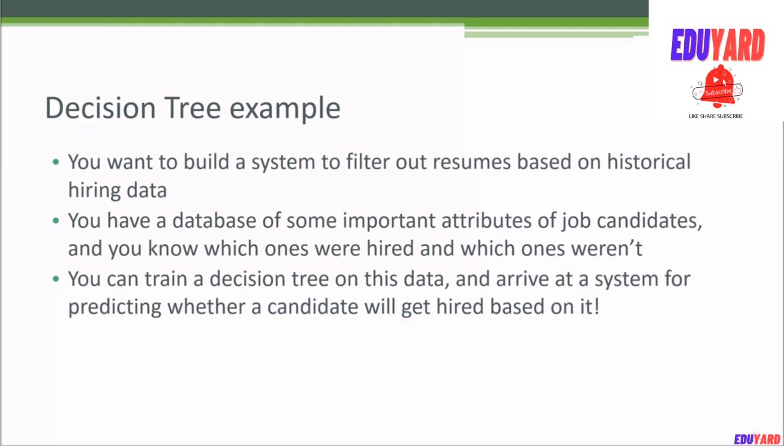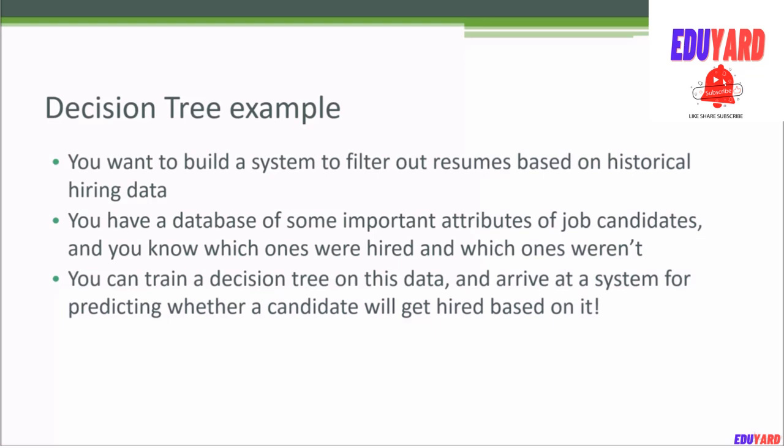Let's say I want to build a system that will automatically filter out resumes based on the information in the resume. So a big problem that technology companies have is we get tons and tons of resumes for our positions, and we have to decide who we actually bring in for an interview, because it can be expensive to fly somebody out and actually take the time out of the day to conduct an interview.